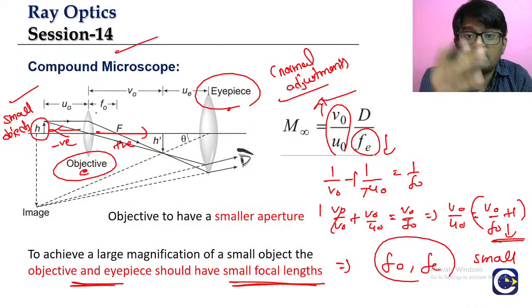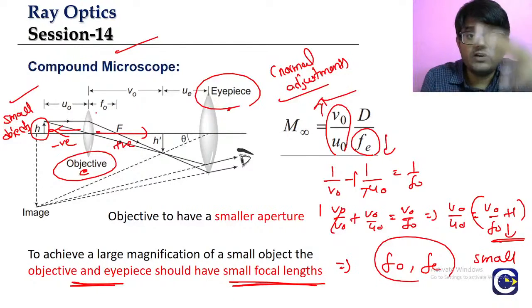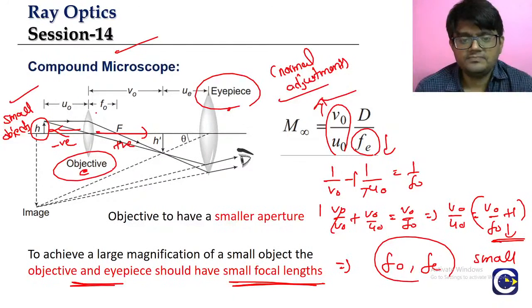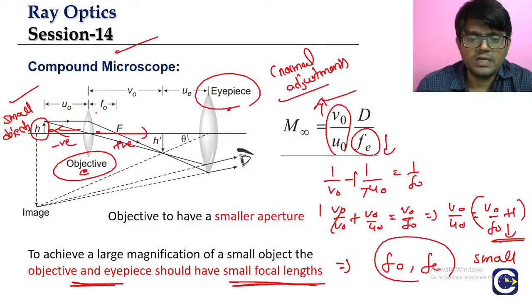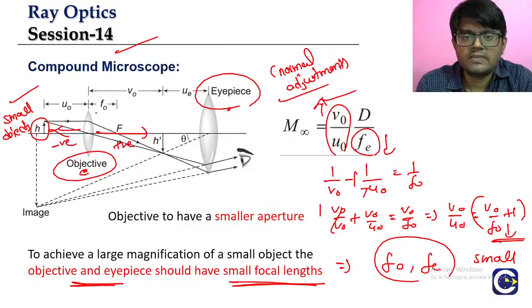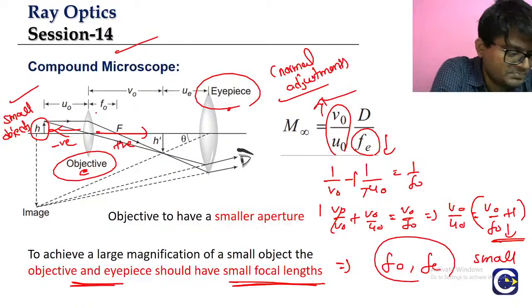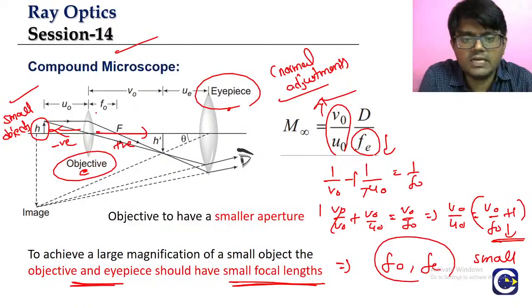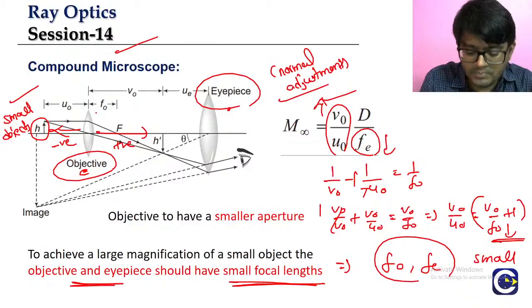So you want to capture more light rays, which means we need a larger aperture. Otherwise the image formation will be dull. But here we will not have that issue. We will have a small aperture so that we can avoid the aberrations. So this is about the setup of the compound microscope and how it will actually help us in